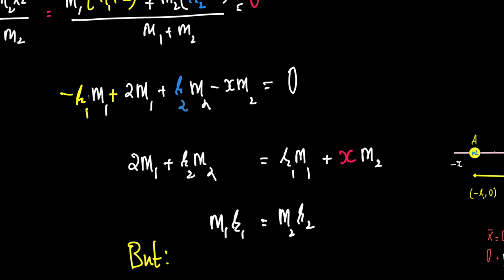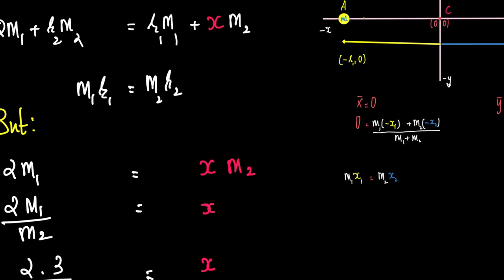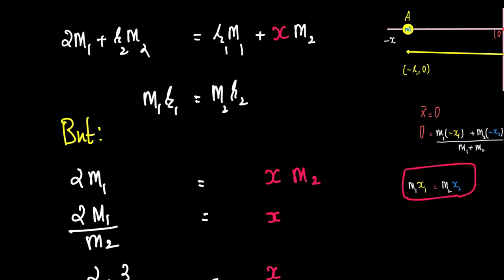But from the previous discussion on x bar, which is the original position, we have found out that m1 x1 is equal to m2 x2. What is x1? R1. So m1 r1 should be equal to m2 r2. One more time, from the previous discussion, we have m1 x1 is equal to m2 x2. Therefore m1 r1 should be equal to m2 r2, which means this r2 m2 can be replaced by m1 r1,